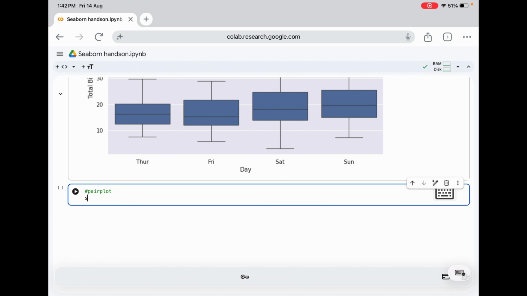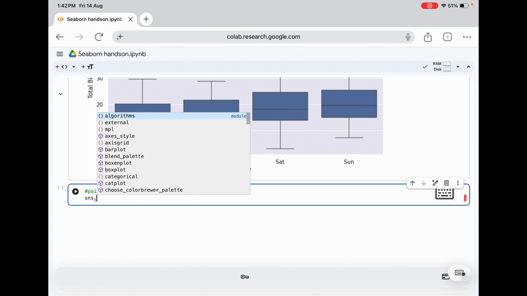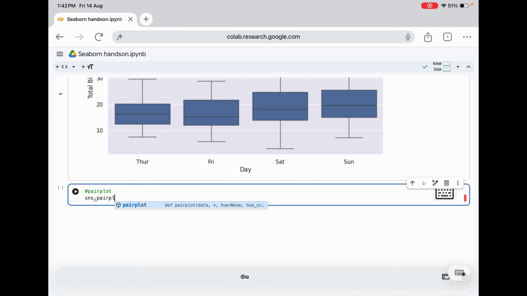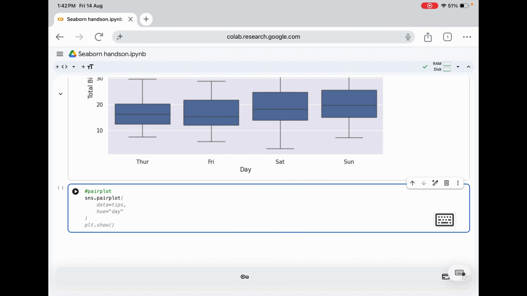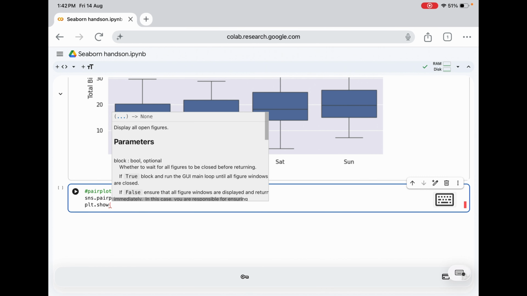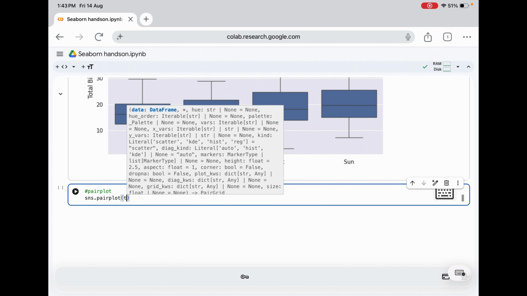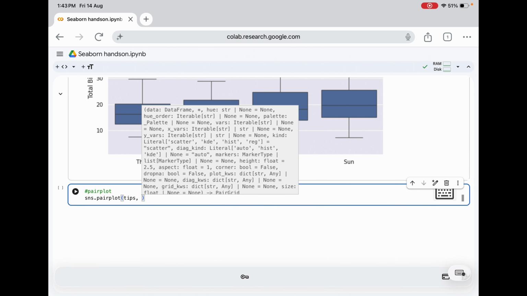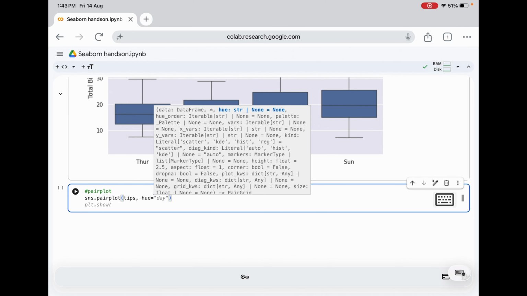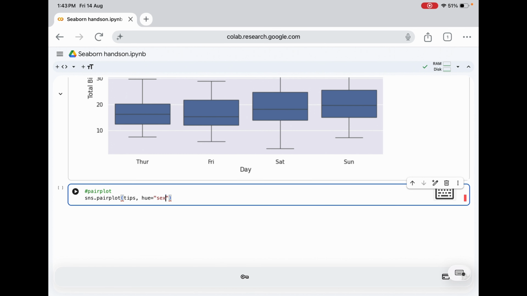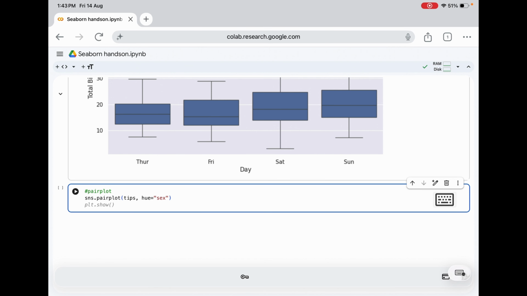For that, we will simply write sns.pairplot, and I'm using the dataset tips. Then hue I'm using for another dimension, maybe sex. And then I simply show the plot, which is plt.show.